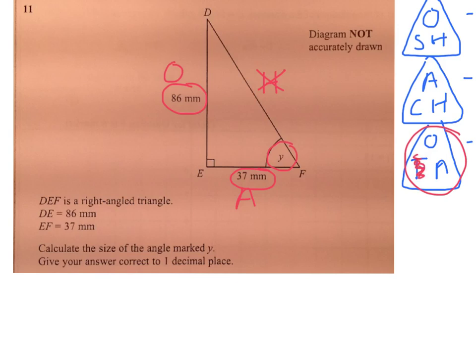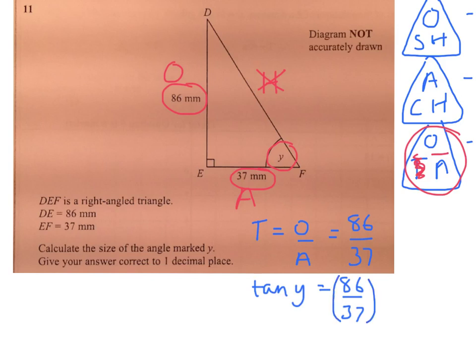So if I cover up T, the tan of the angle, we're left with O over A. So T equals O over A, which is 86 over 37. In other words, tan of Y is equal to 86 over 37. So if tan of Y is 86 over 37, then tan to the minus 1 of 86 over 37 must be equal to Y. And making sure that your calculator is in degree mode, type that into the calculator and you find that Y is equal to